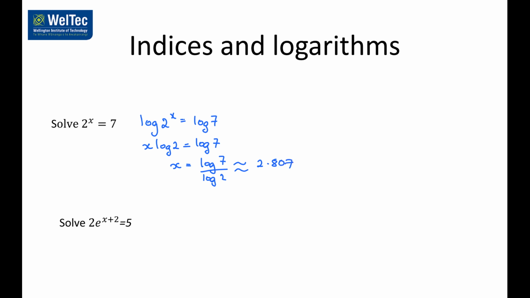If we have got e in it though, then we need to use natural logs, because as before what we find is that we've got the natural log of e, and the natural log of e is 1, so the whole thing's gone. But first we've got to get rid of the 2. So the first step would be to say that e to the power of x plus 2 is equal to 5 over 2. Now we can take the natural log of each side